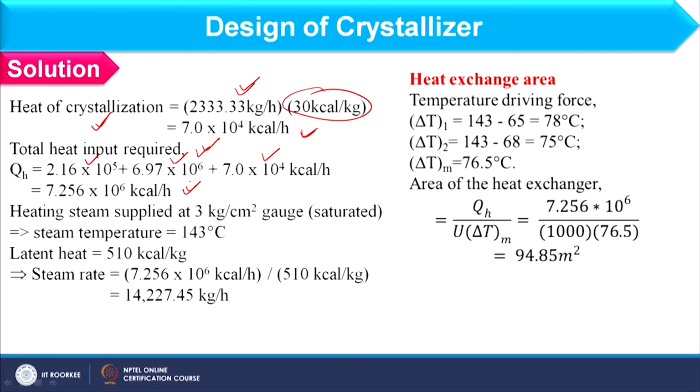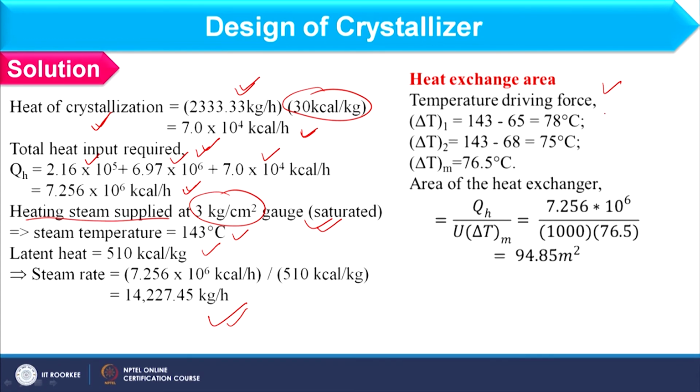Okay. And we are providing this heat with the help of steam, which is available at 3 kg per centimeter square. If you consider the steam table, the corresponding temperature you can find out as 143 degrees Celsius, considering saturated steam, right. And latent heat is already given to us, so we can simply calculate the steam rate. Okay. Now, once I have the steam rate and total heat, we can find out the heat transfer area, and for that